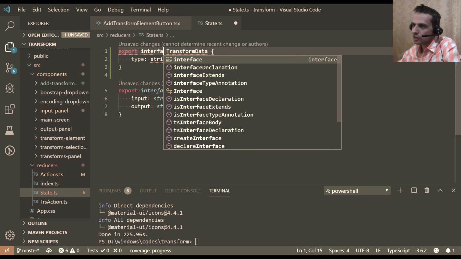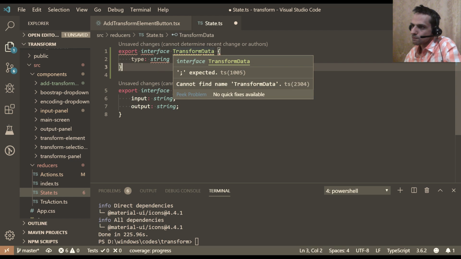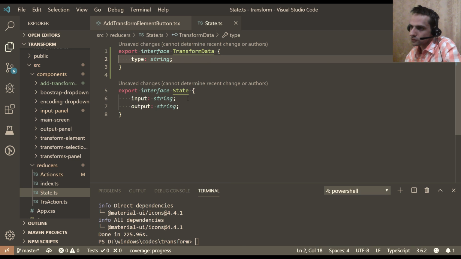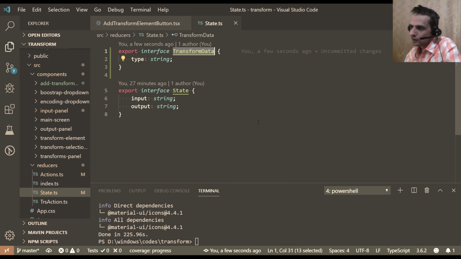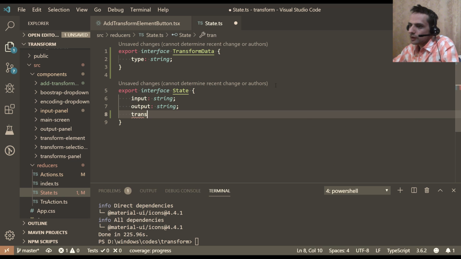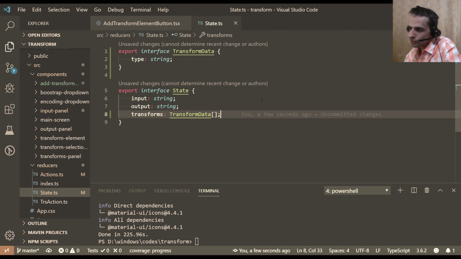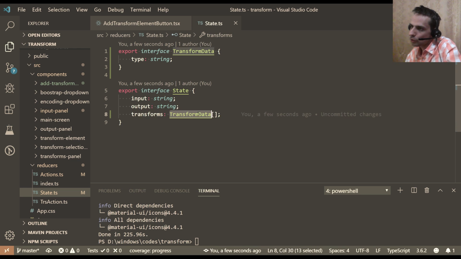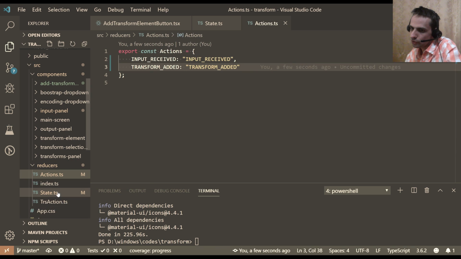Export interface state. So here we might have transforms, which will contain a list of transforms, of course. Array of this, of transform data,